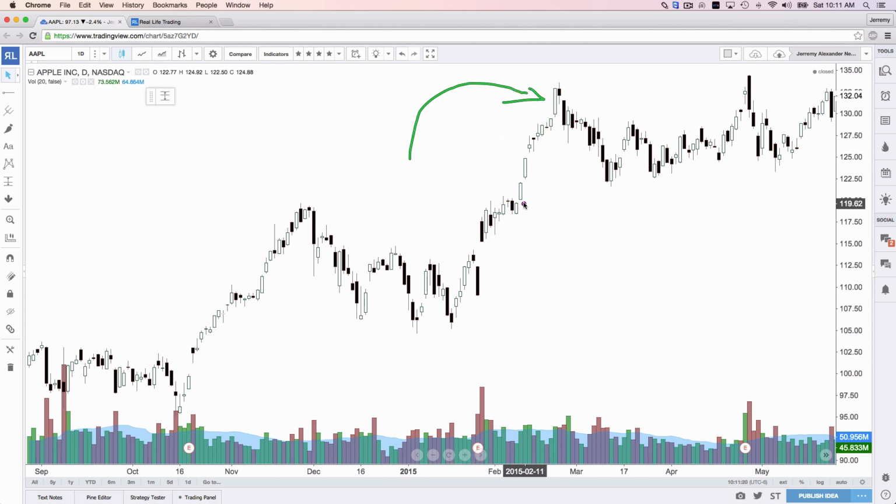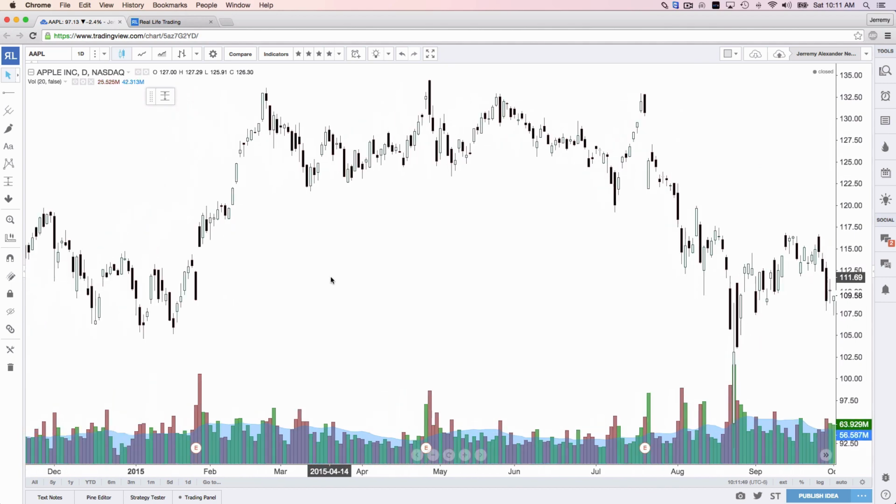Well, how many white candles do you have before the breakout? Look at that. 1, 2, 3, 4, 5, 6, 7. Seven white candles as opposed to two really, really small, pathetic black candles. There's no consolidation. There's no resting. And you would not take the breakout there by any means. That's the place to sell. And I know you can say, Jeremy, that's in hindsight. Nope, it's not hindsight. It's exactly where I sold Apple, right in here. And that's just where it needs to be done.